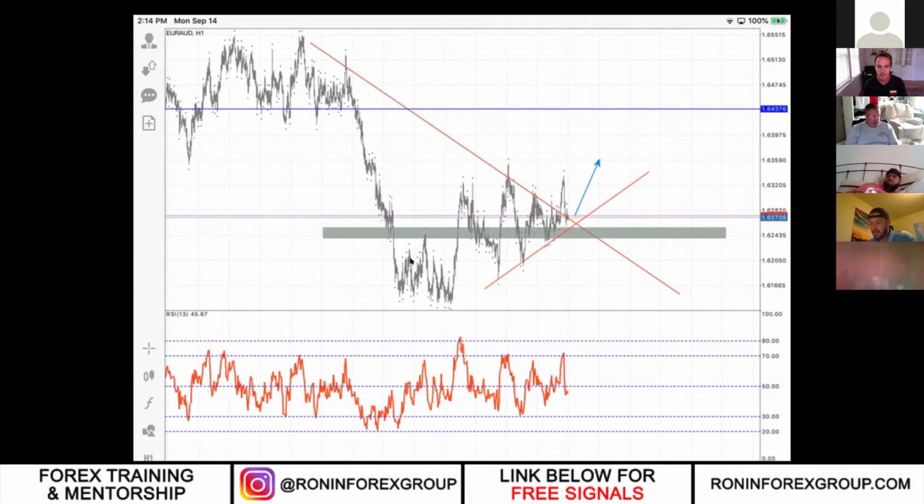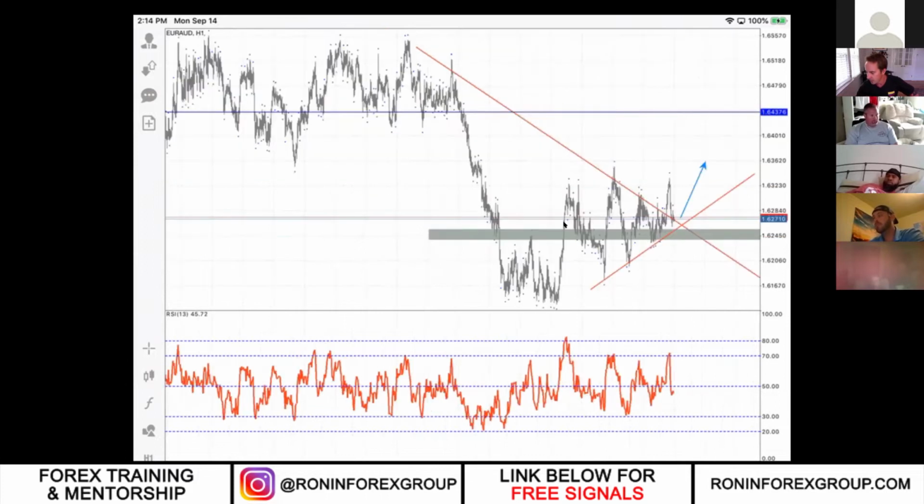But you can see this area right here was significant. This is a big zone. We broke down above it, and then we ranged a little bit in there. Break down, break up, and you can see this is a significant area. We bounced off this area on Sunday and retraced down, and here we are back at it, right? So we have this trend line